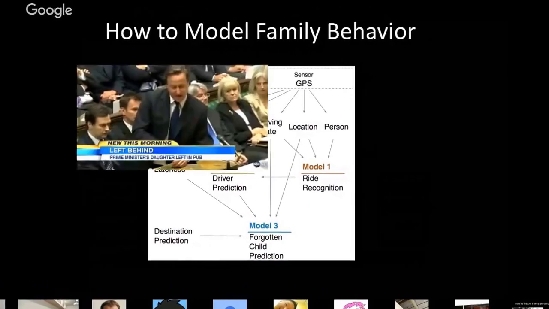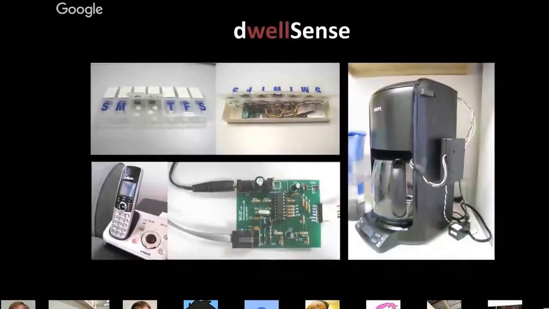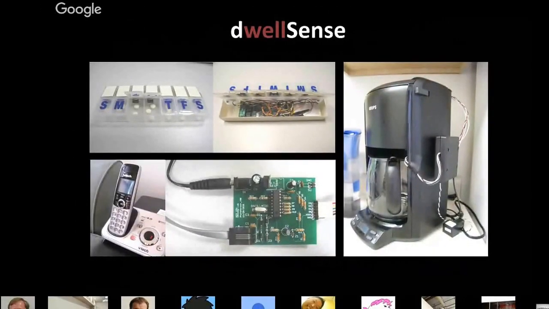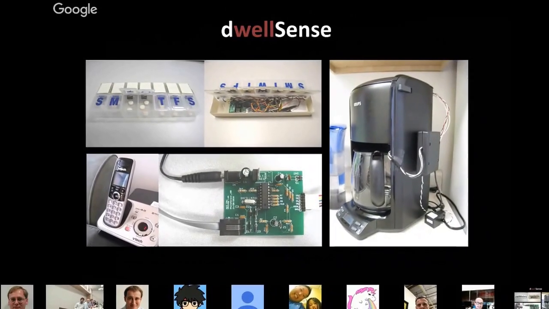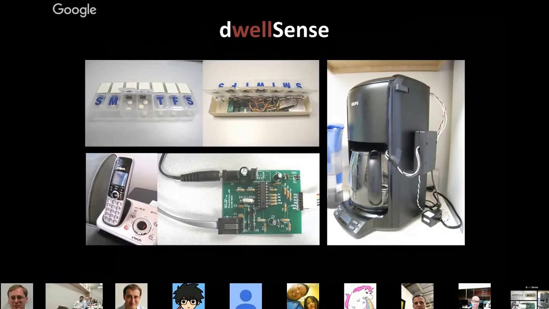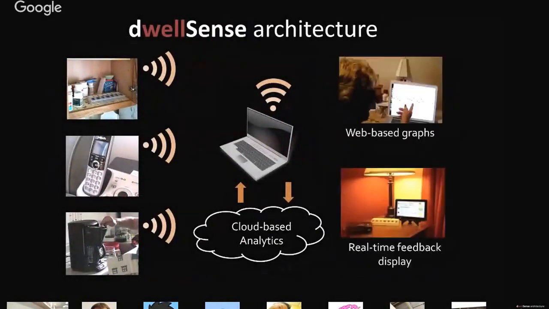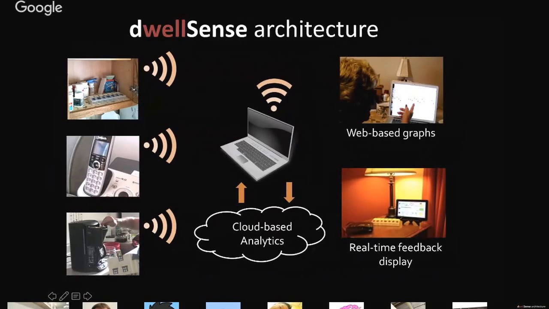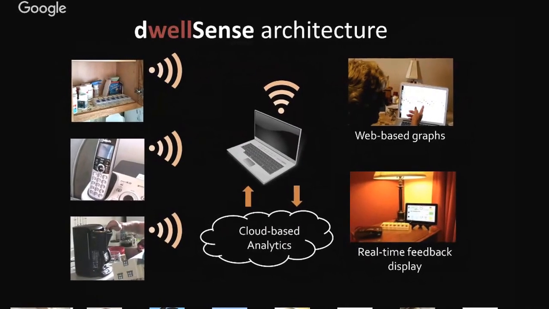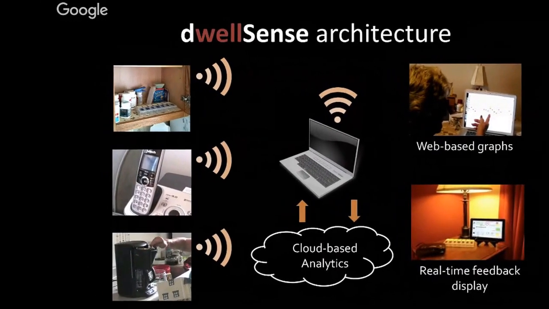We've also applied this to a different kind of, more traditional, embedded system sensing environment in homes. So an instrumented pillbox, instrumented telephone, and instrumented coffee maker. And here the goal was to see how quickly we could identify cognitive decline in an elder who was at risk for cognitive decline but had never actually been diagnosed with it. So they got mainly what you see down here, a real-time display about how they were performing these different tasks, how successful they were at taking their medicine, misdialing the phone, and burning their coffee or whatever.